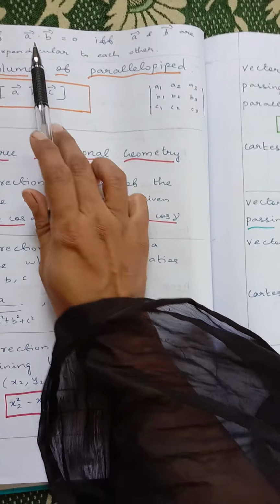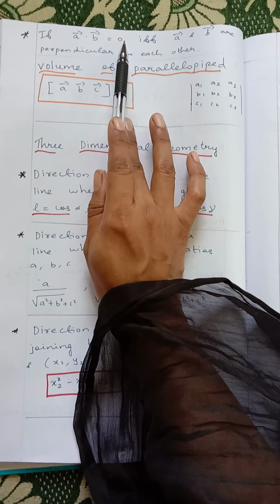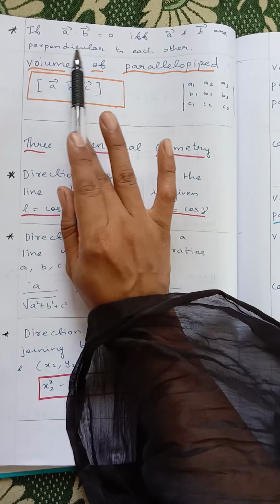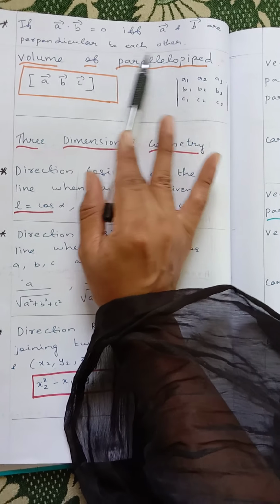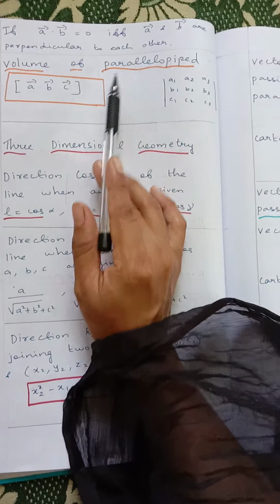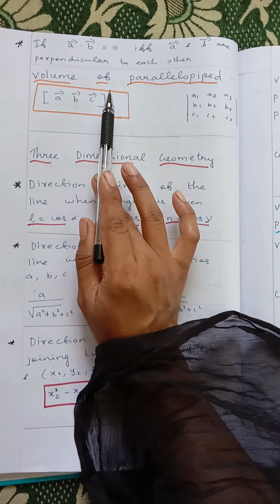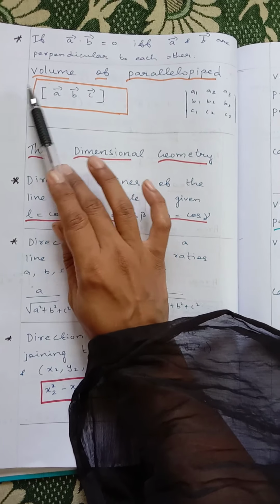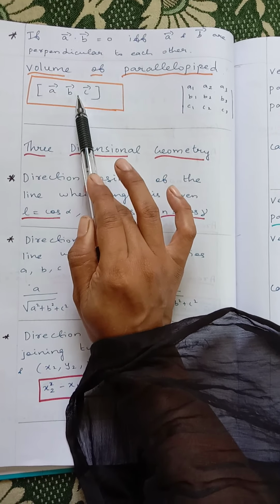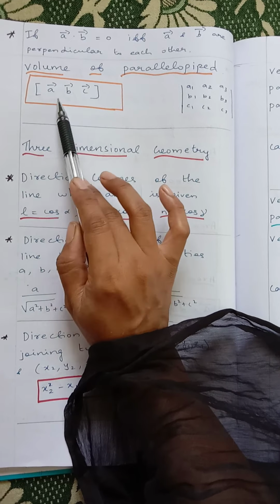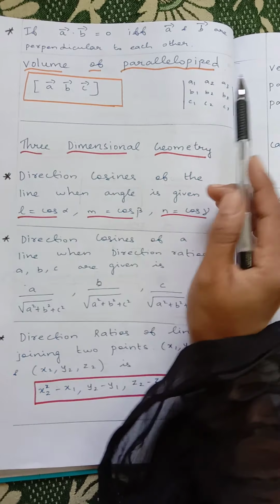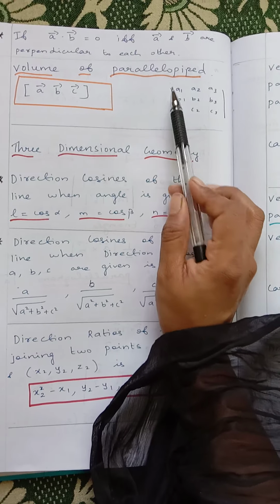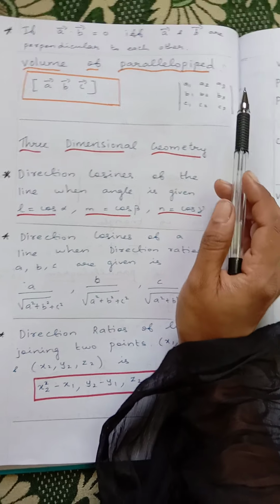this is a condition you all know, right? Dot product, perpendicular condition. If the dot product is equal to 0, then a vector and b vector are perpendicular to each other. Okay, this is the main condition. Next, you all know how to find the volume of the parallelepiped. Volume of parallelepiped is equal to the box product of a vector, b vector, c vector. So they will be given 3 vectors: a vector coefficients, b vector coefficients, c vector coefficients. Then you can find the determinant value.